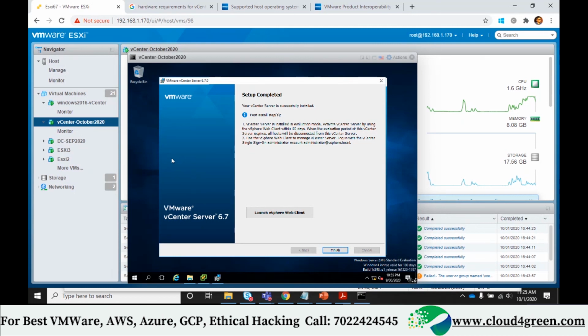The lockdown mode should be disabled, not restricted. The host is accessible only through the local console. It's supposed to be disabled. Disabled only. Next. Next. Finish. Done?